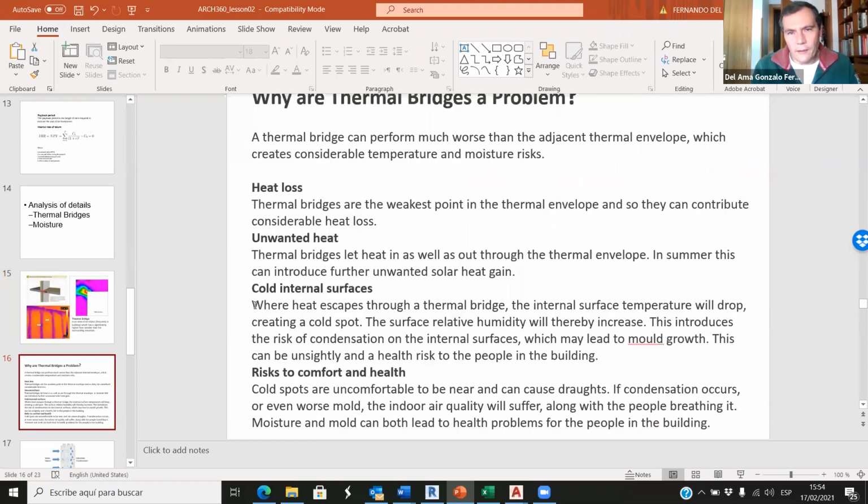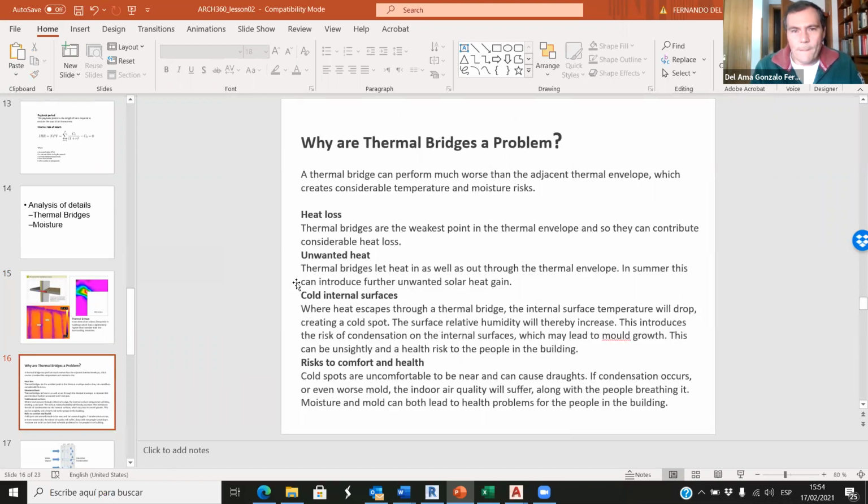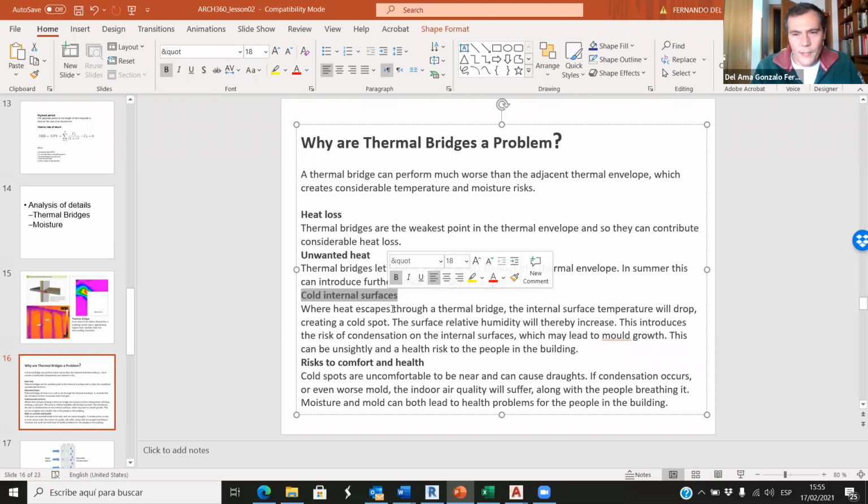So why are thermal breaches a problem? Well, first, we lose heat. If we are talking about the heating season in winter, we lose a lot of heat through this area of the building. Then we can have unwanted heat. That happens in summer, when it's the other way around. We have hot weather outside, and part of that heat is entering the building. We don't want that in summer. We can have cold internal surfaces. And this is wrong because